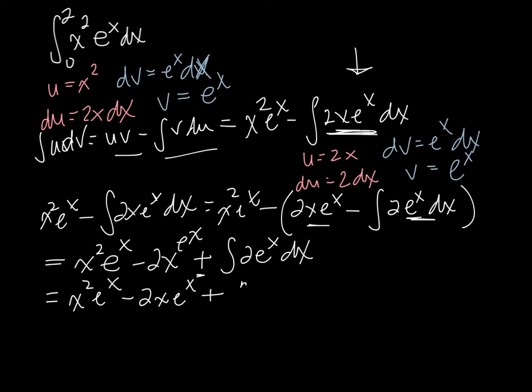And that integral is 2 times the antiderivative of e to the x, which is e to the x. And just like the last one, we have to remember to use our limits of integration, right, from 0 to 2. Okay, and I'll leave that for you to plug and chug on that one. Plug in 2, figure out what you get. Plug in 0, figure out what you get, and then subtract. Okay? All right, that's it.